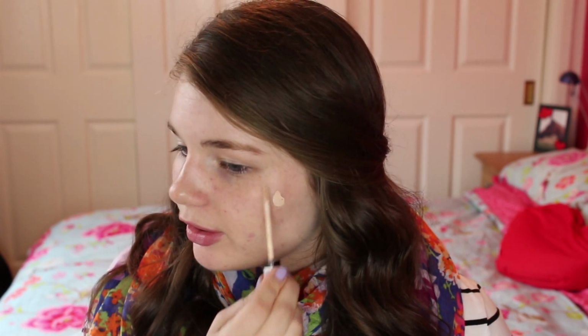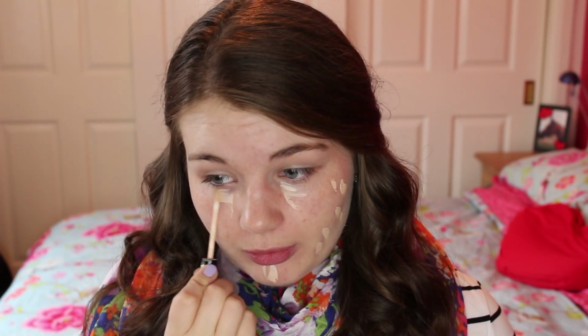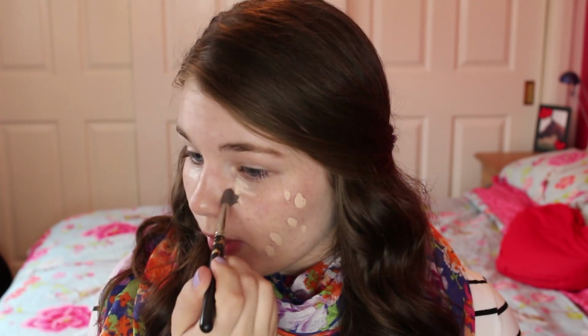So the first thing I'm going to do is to take my concealer to hide any blemishes and dark circles under my eye. If you've got good skin, then you can skip this step out, but I don't at the moment, so we're just going to cover it all up, and I just kind of put it all over my face. And then what I'm going to take is, this is actually a crease brush, and I'm just going to work this